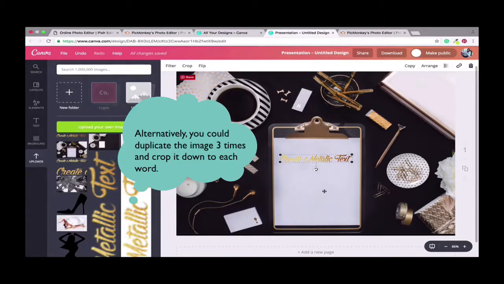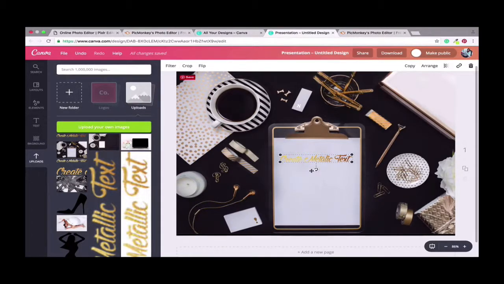So you do need to have a little bit of forethought, but once you've figured out exactly how you want to position that gold text, you can go about creating the image and then clipping and pasting the